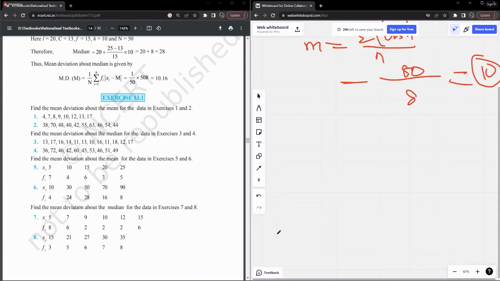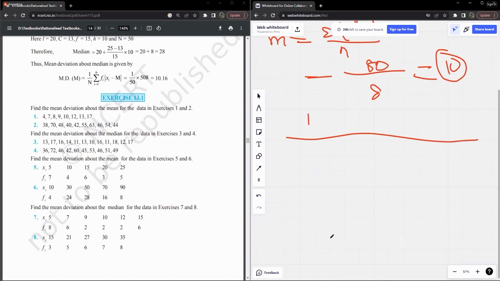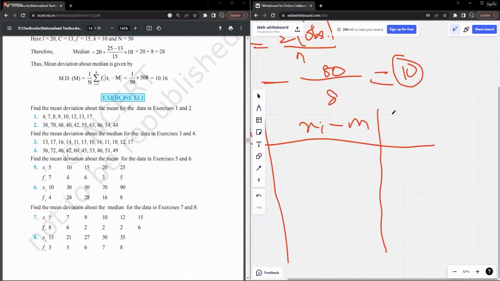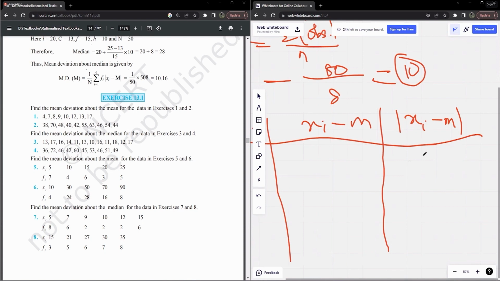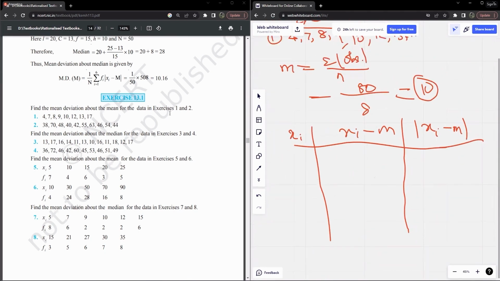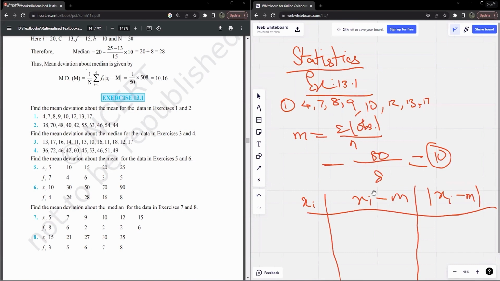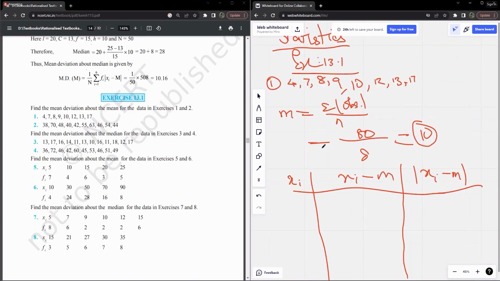So now we make a table that shows the spread of the data above the mean. If I denote this as xi, then I'll write this as xi minus x bar, or xi minus m over here. And then I'll write this as the absolute value of xi minus m, because for the final mean deviation, you don't just sum up all the xi minus m. You sum up the absolute values of all these xi minus m,